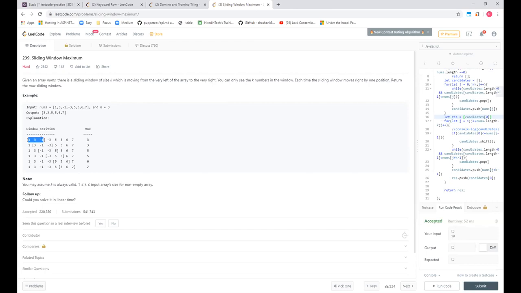Okay. I'm not sure about the complexity of it. But I think the heapify function takes log n time. I'll just create a max heap of size k, and first I'll add those k elements. Then I'll remove my first element, and then I'll add the next element. So I'll automatically get the next maximum position.